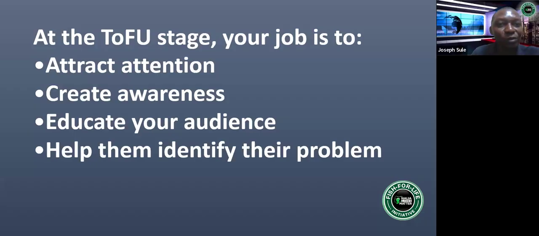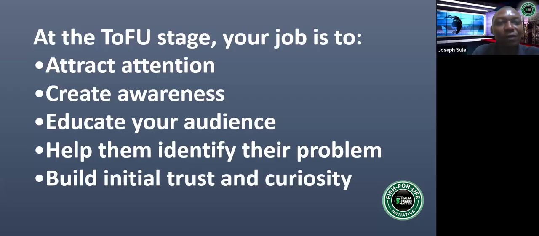They need to know what your book offers, what your book can do, what your webinar can do, before they will be willing to part with their hard-earned money to acquire your book or your service or your webinar, your digital product. Help them identify that they have a problem. This is very key, especially at the TOFU stage. If people don't see that they have a problem and the solution lies in your product, they won't engage you.